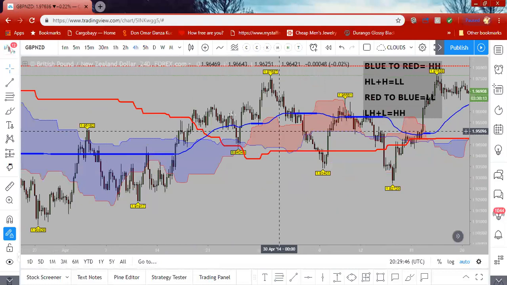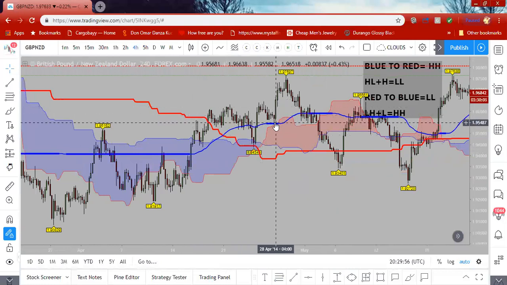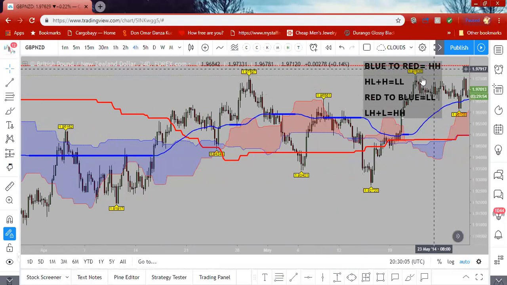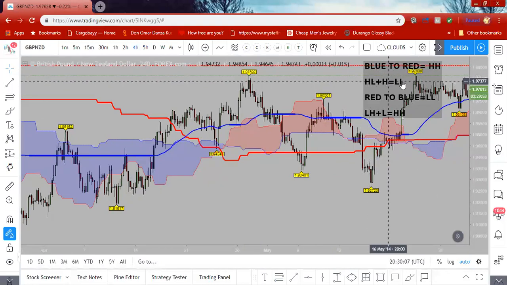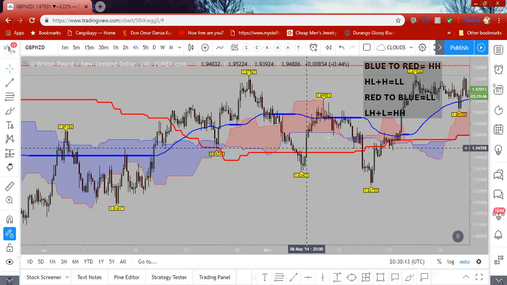Blue crossover to red, higher high, right? So higher high, pull back, it failed to create a higher low. That lets me know that the next push up will be where the move starts. So I got my new higher high. Look, blue to red, higher high. This is the flow: higher low, high, lower low. Higher high, higher low,